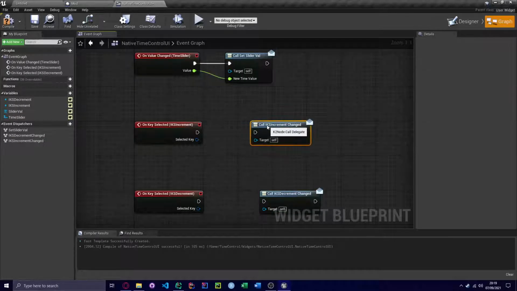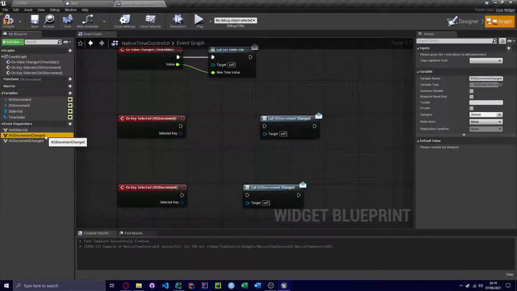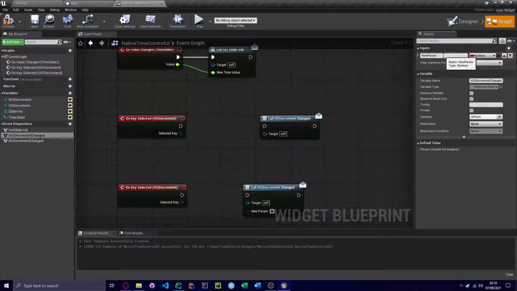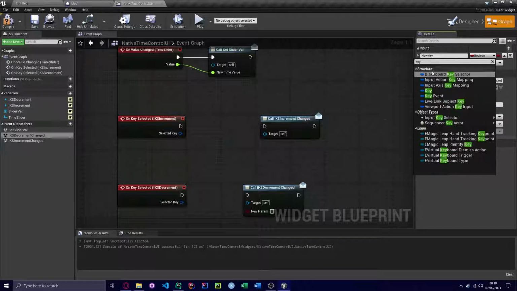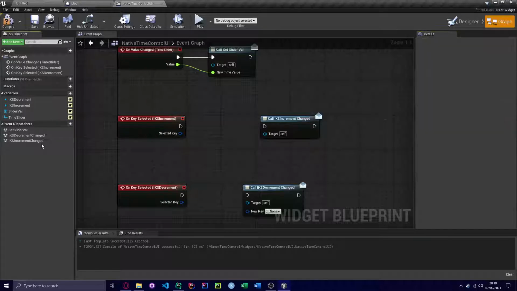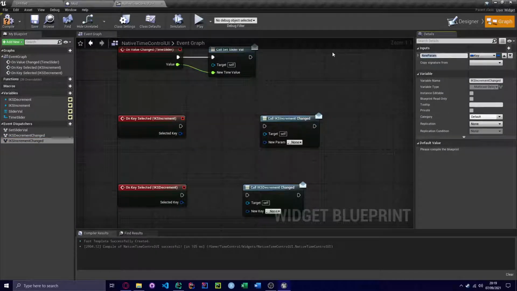That's increment. So, and then what we're going to do, we're going to create a variable inside them called new key, and then its type will be just key, and the same with this guy. So new key,